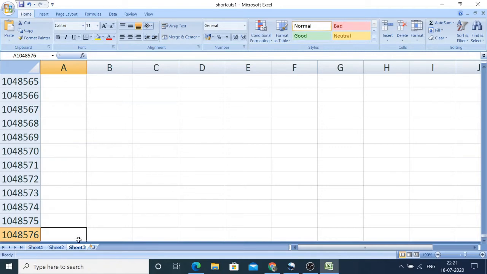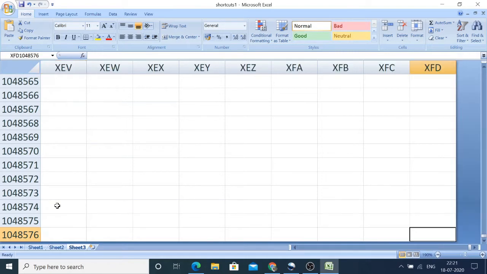By pressing Ctrl followed by cursor key down, it displays the last record address, which is nothing but 1048576. Therefore, what is the cell address of this active cell? A followed by 1048576, which you can observe under your name box. Similarly, again if I press my Control key followed by cursor key right, this time it shows the right side edge bottom active cell address, which is nothing but XFD followed by